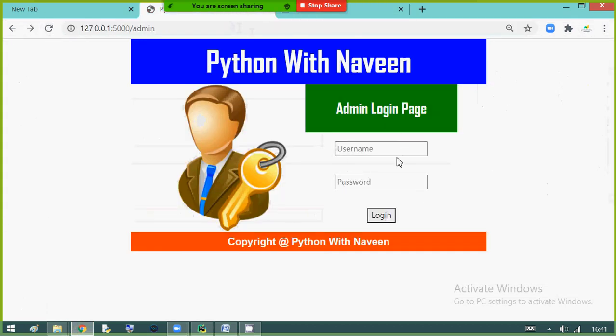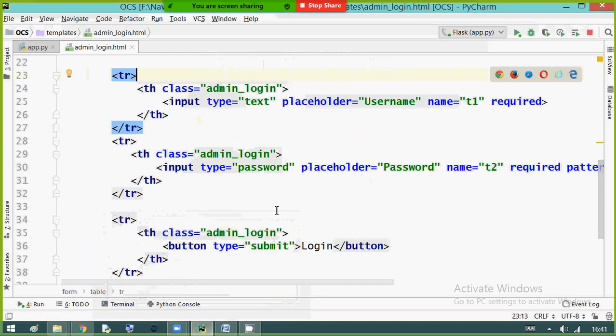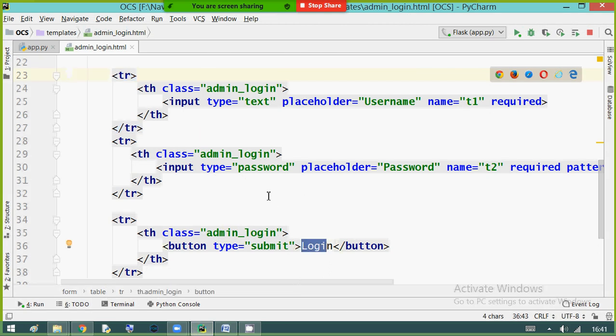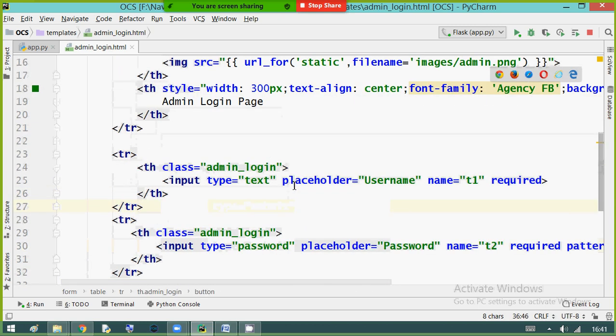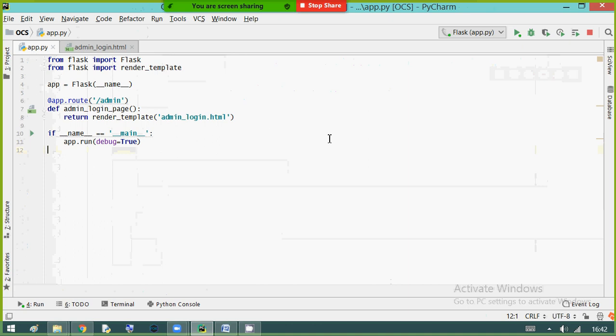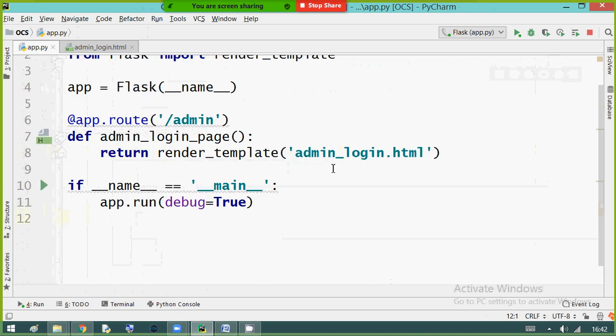Here are my fields. Now whenever you click on the button, where do I have to go? Okay, the form is ready. Even the button is listening to the action. Whenever you click on the button, where exactly does our request need to move? Okay, so first I am going back to my app.py.